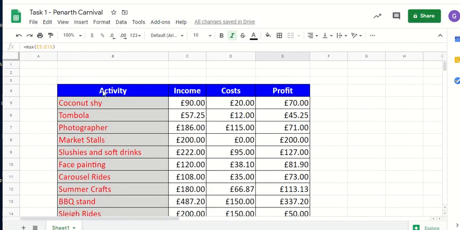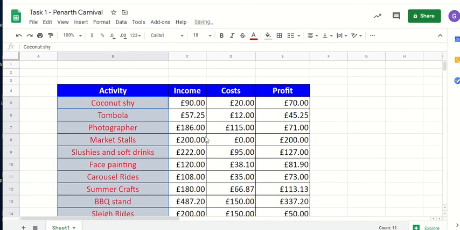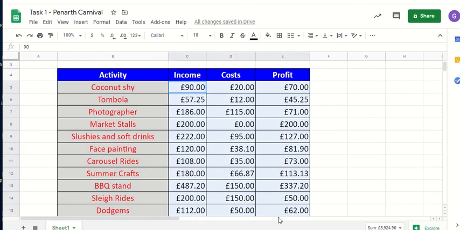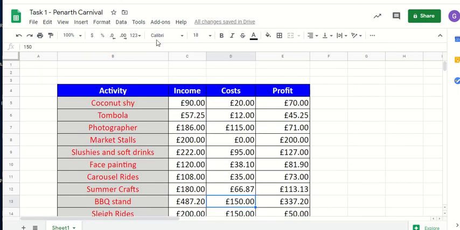Well, let's see if we merge. In fact, well, let's maybe center those. There's the alignment. Highlight all of these. In fact, I quite like those over on that side, but I'm going to center that as well. And also it asks you to add an image, so you're going to have to paste an image from